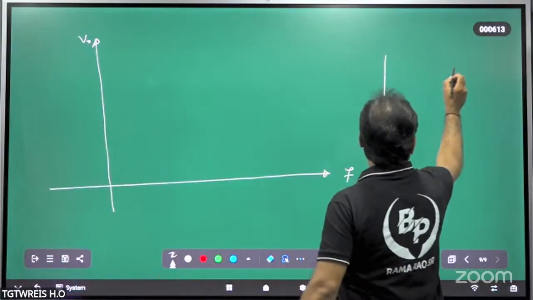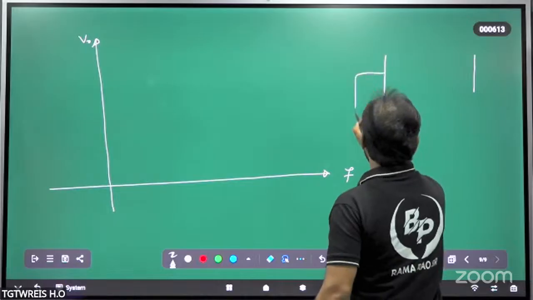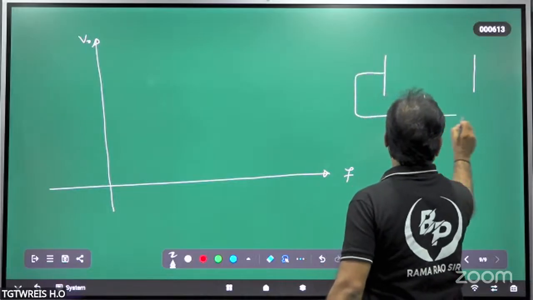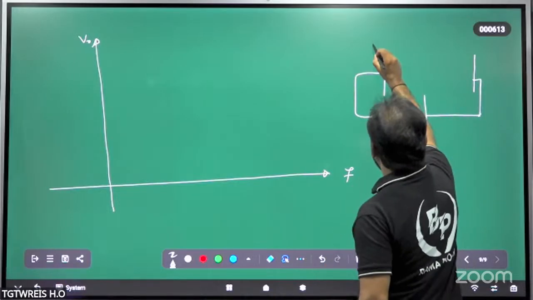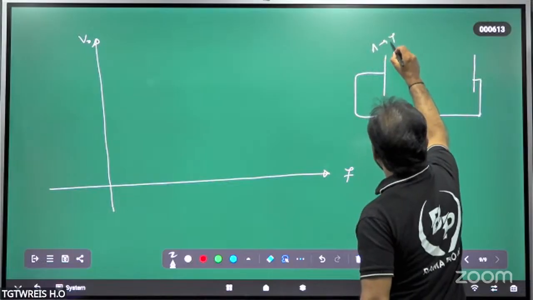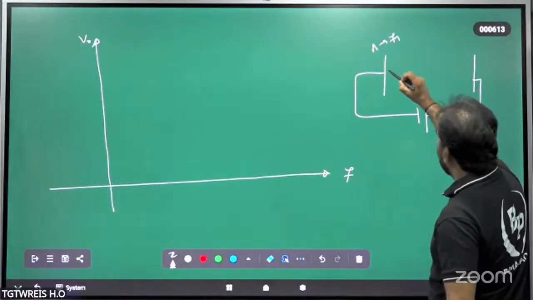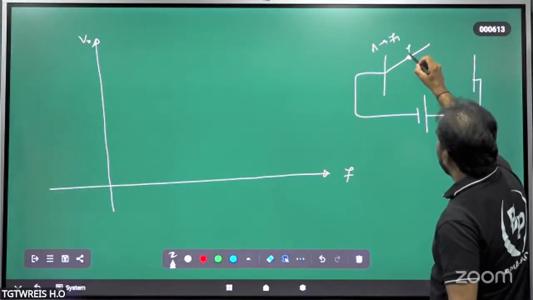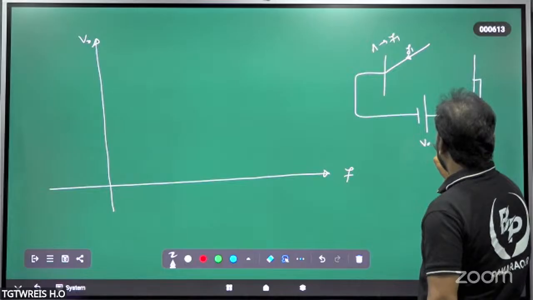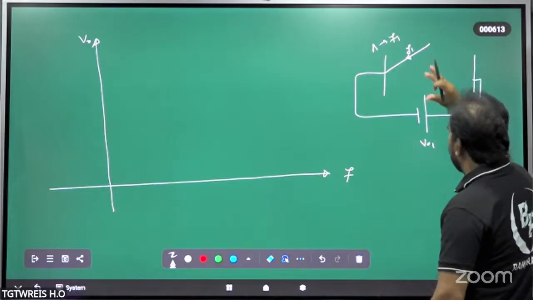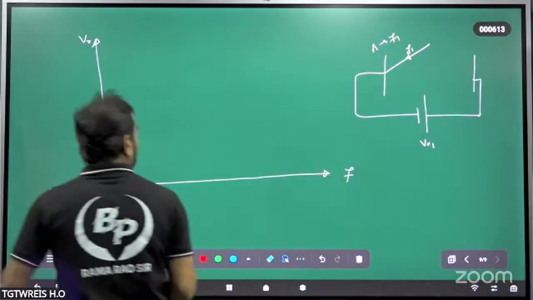This metal A I have taken first. In this photoelectric effect, first of all, I have taken metal A. It has a frequency F1. When a ray of light of frequency F1 is incident, the stopping potential is V1. The stopping potential will be equal to V1. So here, when you draw the graph,